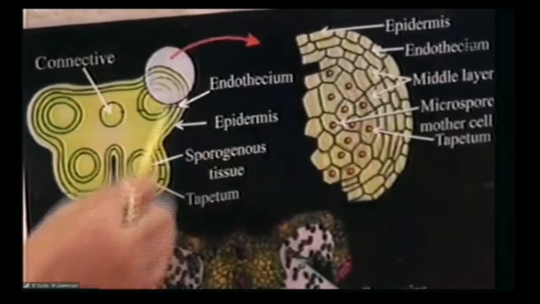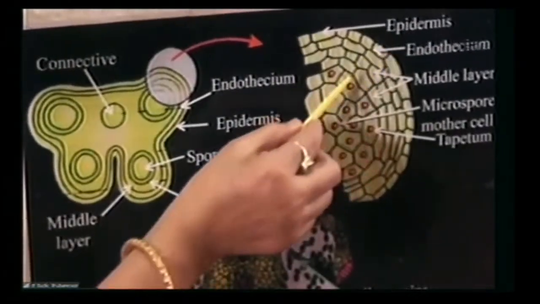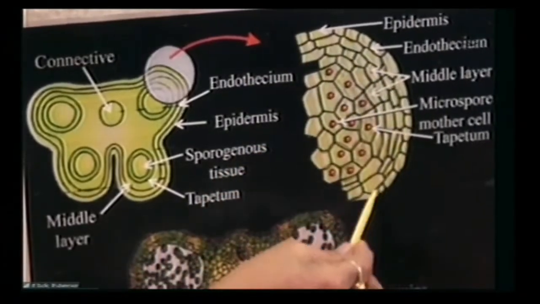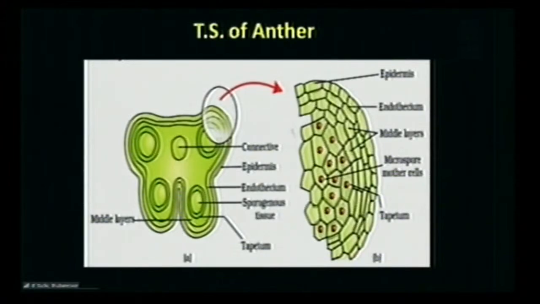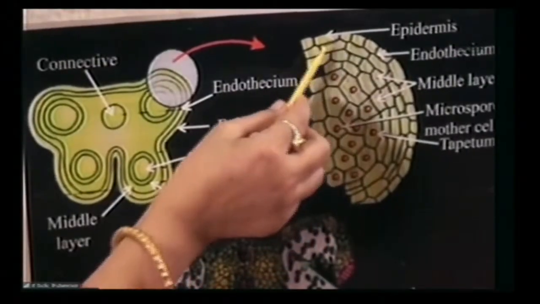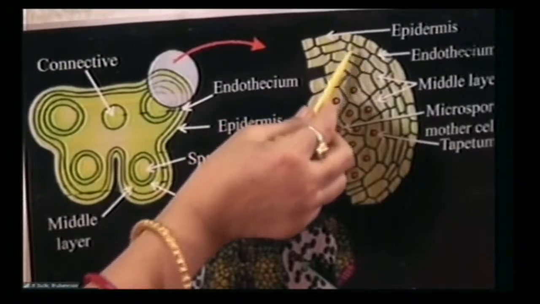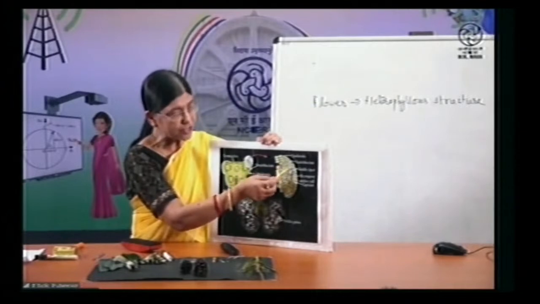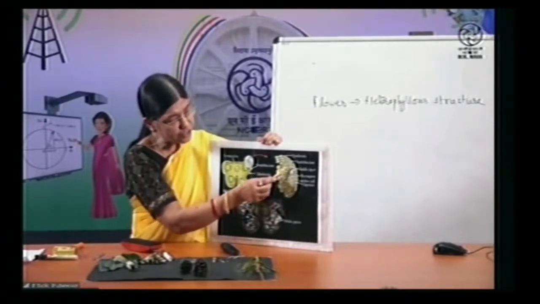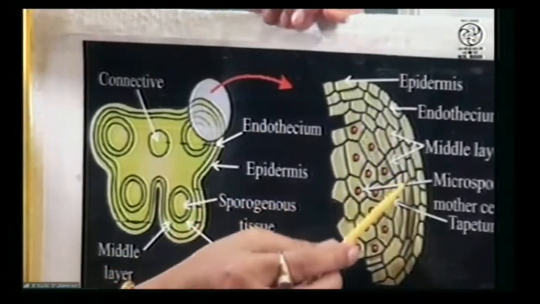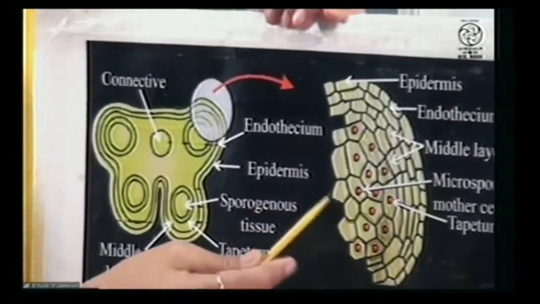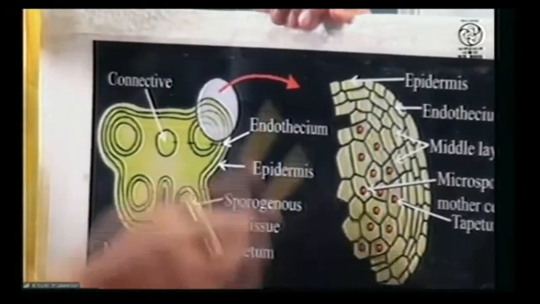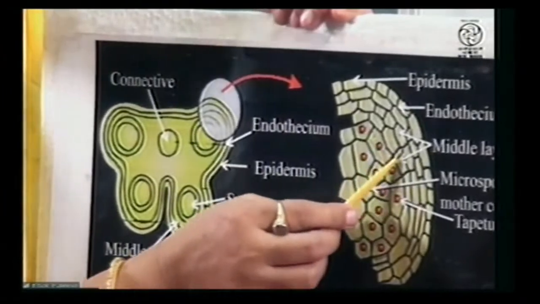Now we are concentrating on each part, and here, from outside to inside, if we move, we'll find the outermost layer, which is compactly arranged and made up of comparatively larger cells, and on maturation of the anther they become thick walled too. This is called the epidermis. The function of the epidermis is to provide protection. Next to the epidermis, this layer is called the endothecium. This is also single layered, and it performs the same function. It also provides protection.